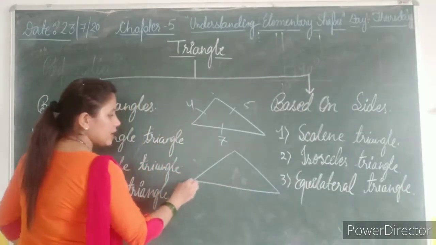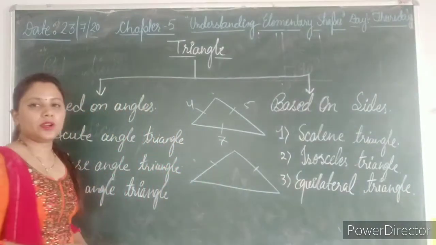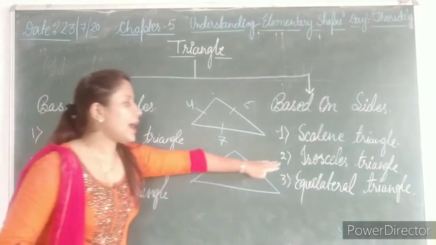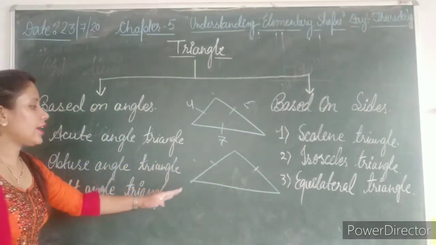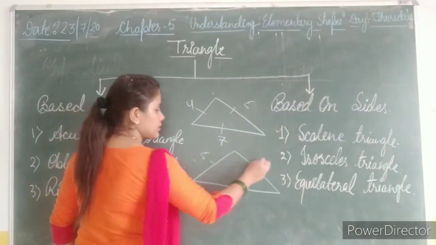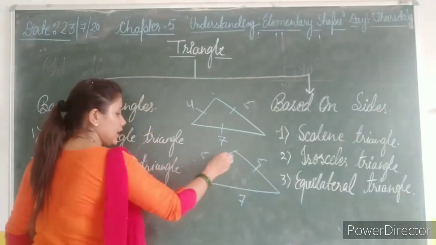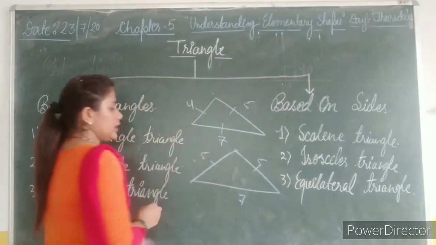If in any triangle two sides are equal, so that is your isosceles triangle. अगर किसी भी triangle की कोई सी भी दो sides, suppose that this one is 5 and 7. So here, these two lines